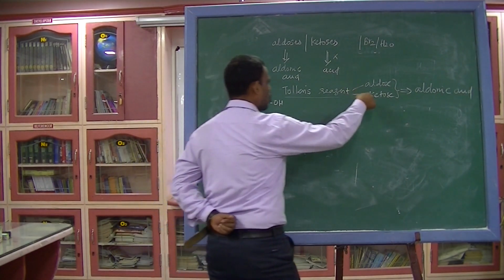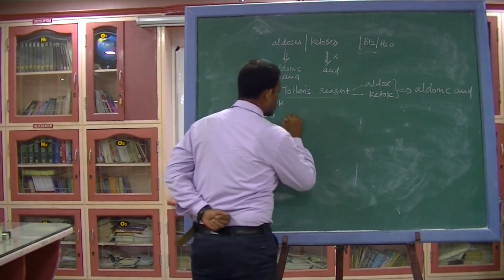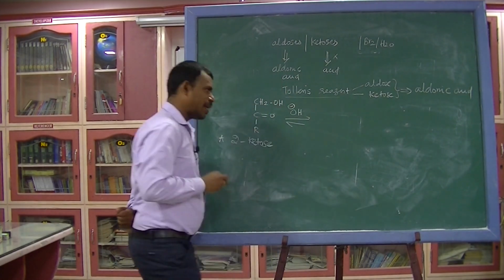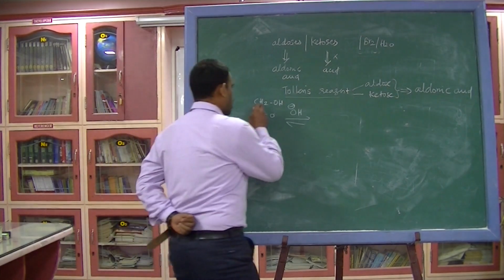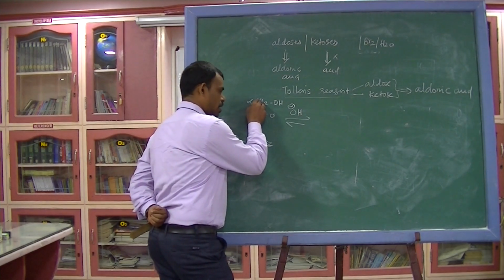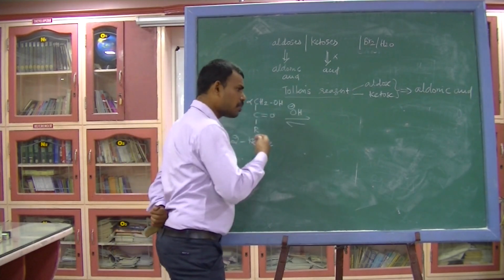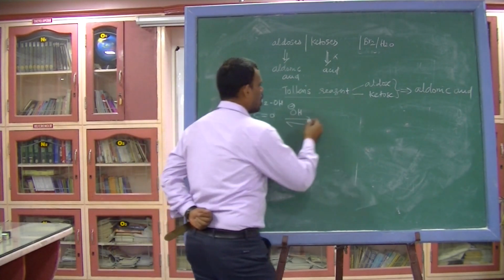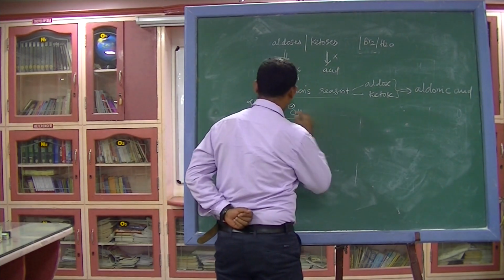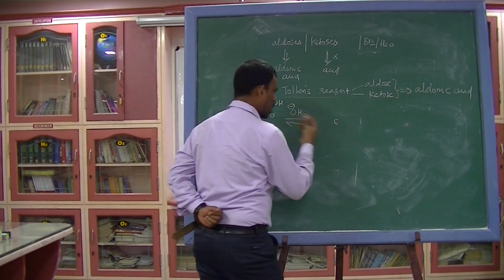Why do both aldose and ketose get oxidized to aldonic acid with Tollens reagent? Because it is a basic medium, it promotes epimerization. This is an alpha carbon, and this is alpha hydrogen. This hydrogen undergoes epimerization in the presence of basic medium, so it goes to an aldose via a diol intermediate. Just see, this hydrogen will shift here.